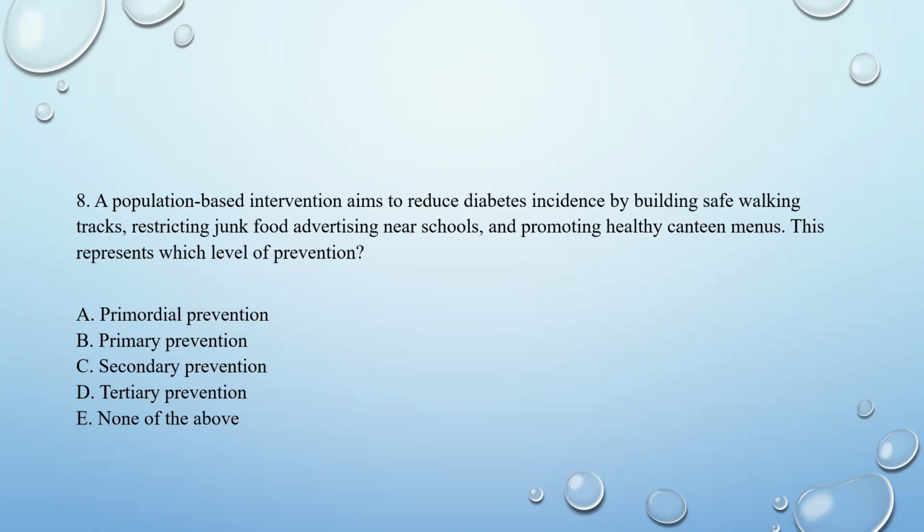Number first, the scenario that is a good scenario. It is a problem-based scenario. The good thing is that the scenario that has been made, it is very nicely made. However, the scenario is more from the point of view of advertising near schools. So if we are talking about diabetes, then we are making not only the schools as the center point, it should be near markets, near social places, and schools. So, why only schools have been highlighted?